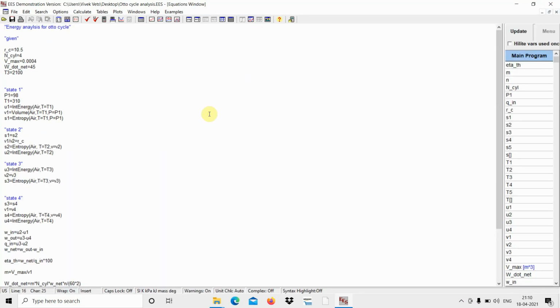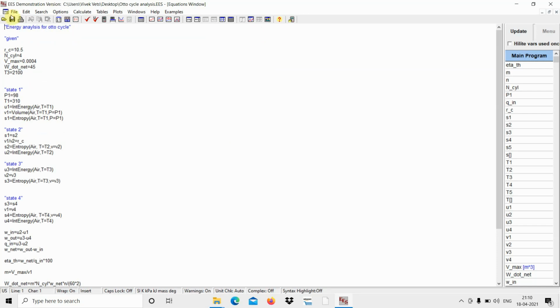There you go. So basically, EES software is being used to solve the equations directly using software. Like we do it manually using lots of formulas, but the software makes it easy for us to analyze the problem. This is how it looks.